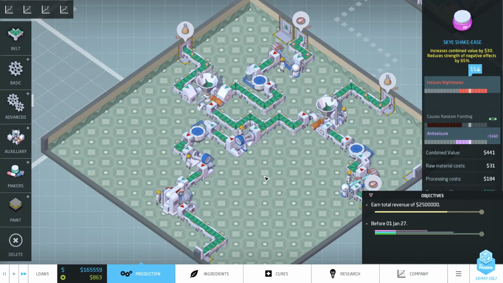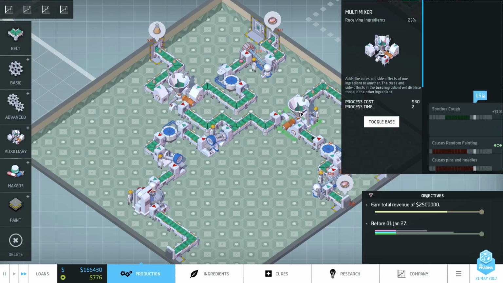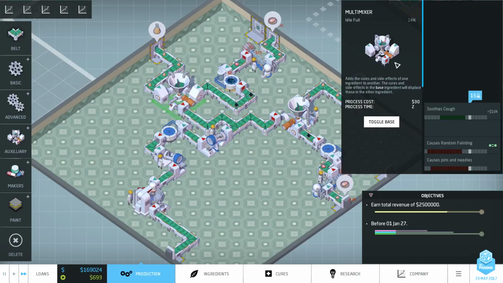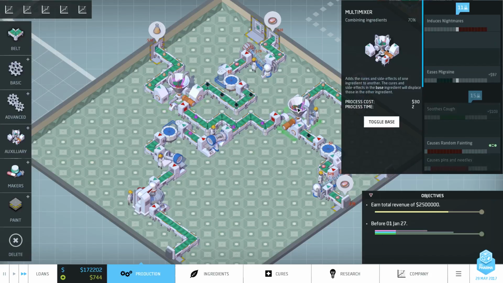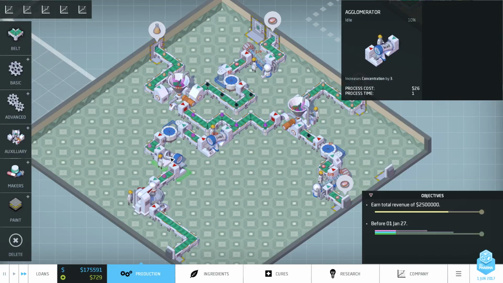Do we actually make the right? Oh, hang on. We've got to check that we've got the right. Yeah, that's correct. That is also, I think, correct. Here we go. Yeah, that's the base. So yeah, it is migraine. And yeah, this is the same. Right, cool. And then it goes through here, and then hopefully by the time it gets to here, we get our